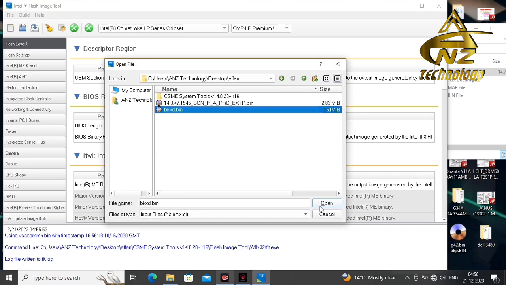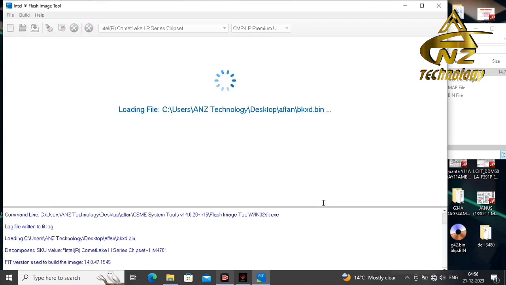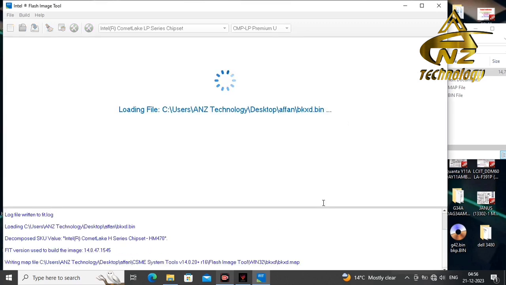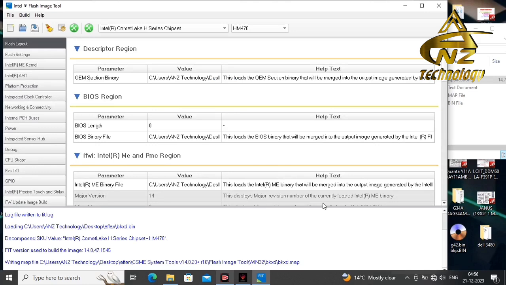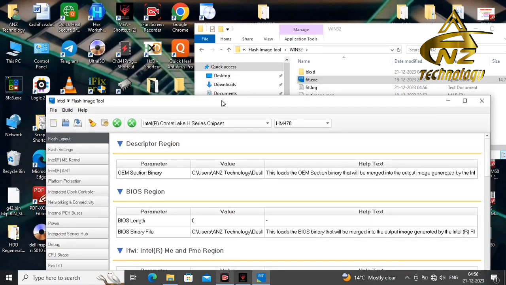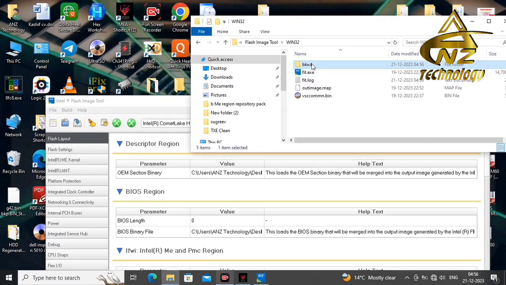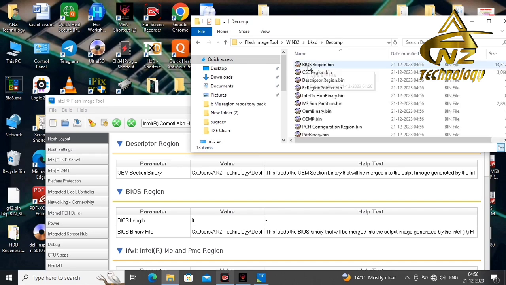Here we have the backup BIOS, just click on it and open it in the Flash Image Tool. So the BIOS has opened. Now you can see it has made a folder here with the name of the BIOS. When we open this folder, you will see a decomp folder. So our BIOS has been decompressed in this folder.